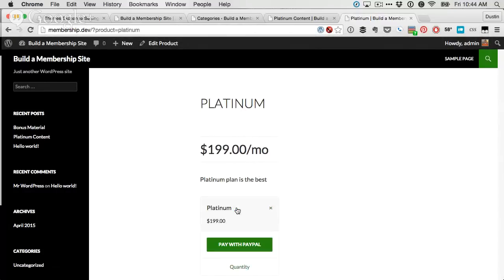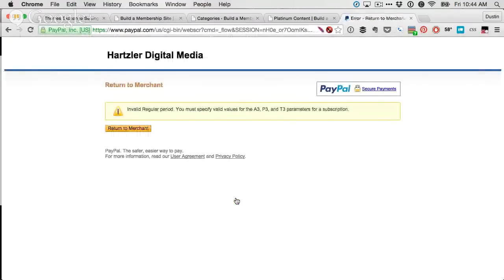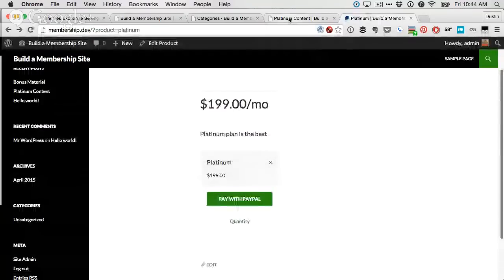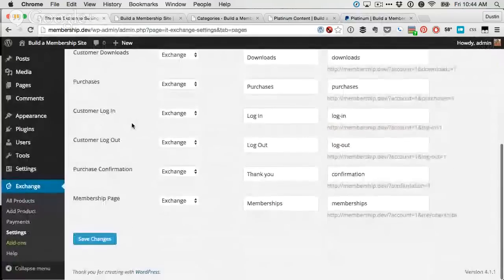And so we'll say buy now, and then we can pay with PayPal. And we can say if we wanted to buy multiple of them, we wanted to buy 3 Platinum plans, we can do that. We can update the quantity, and then we pay with PayPal, and then it opens up our PayPal. PayPal is open. It looks like I don't have things set up quite properly with the plan itself. I'm not exactly sure where that setting is, but